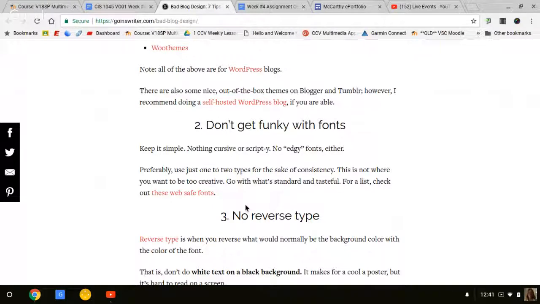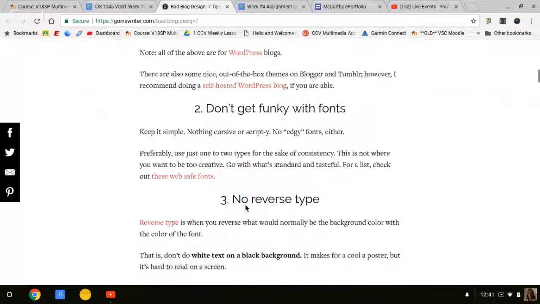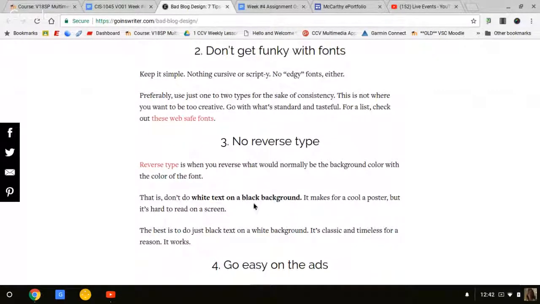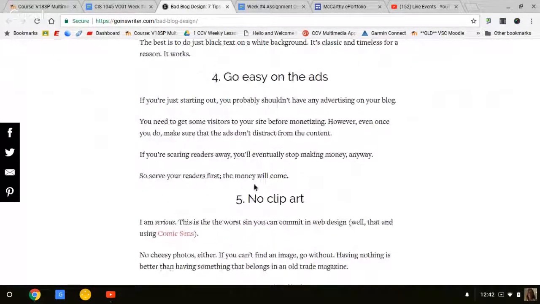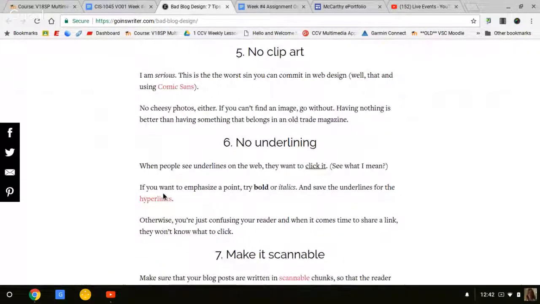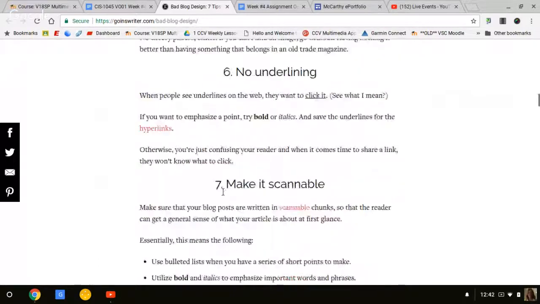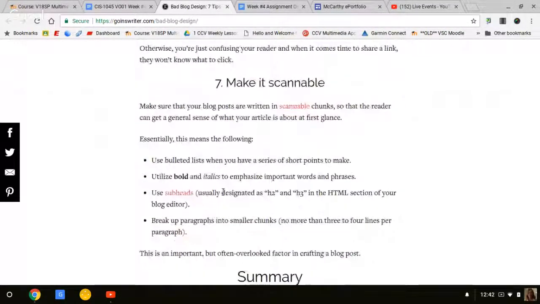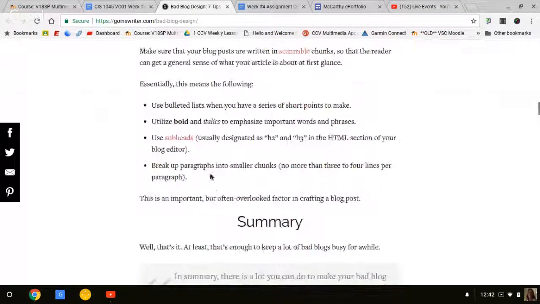So follow the elements of good blog design, which pretty much says you're using black text on a white background so we can read it. Reverse type is not a great thing. Sometimes it is, but most of the time it isn't. Again, no clip art. I don't want to see clip art. Don't underline everything unless it's a link. And then make it scannable. Use headers. There are some built-in headers in Blogger. Use those. There are built-in headers in websites. Use those. So again, that's just one of the links, but I want you to look at all these links